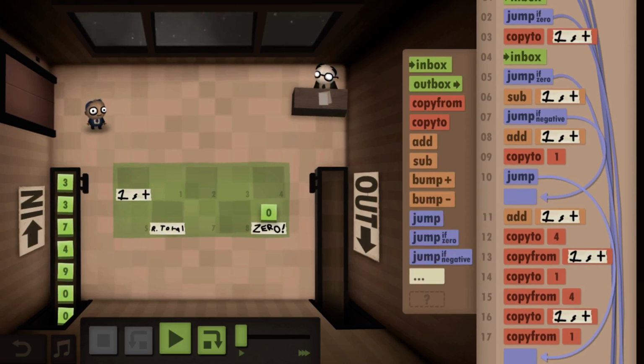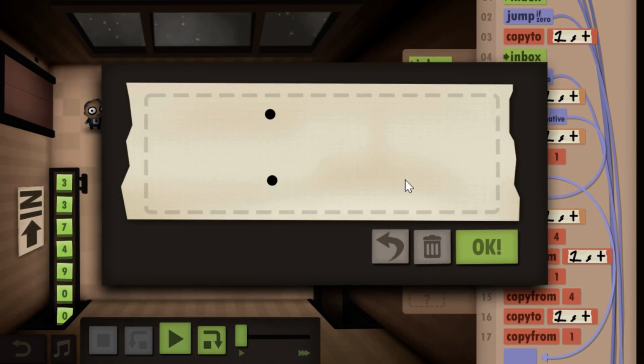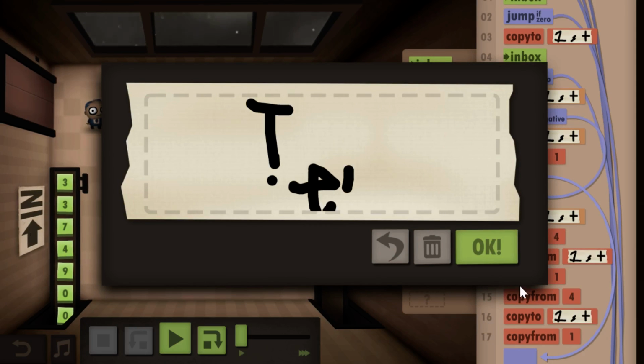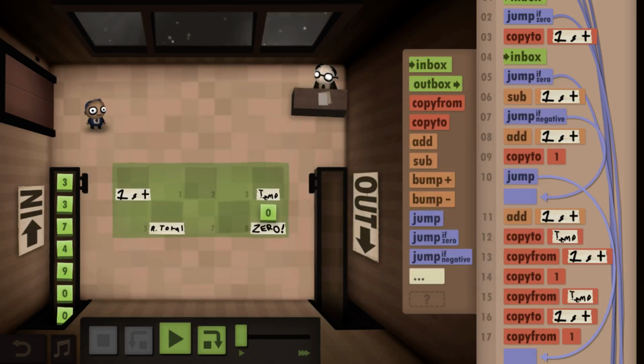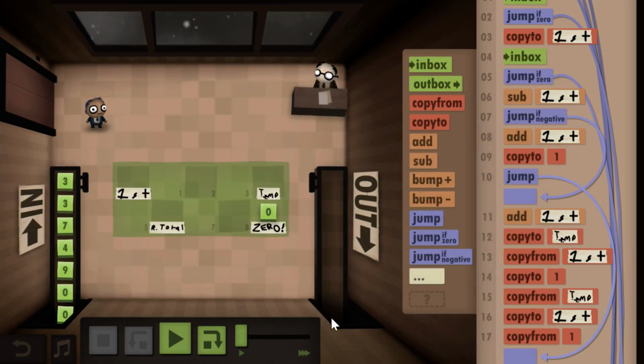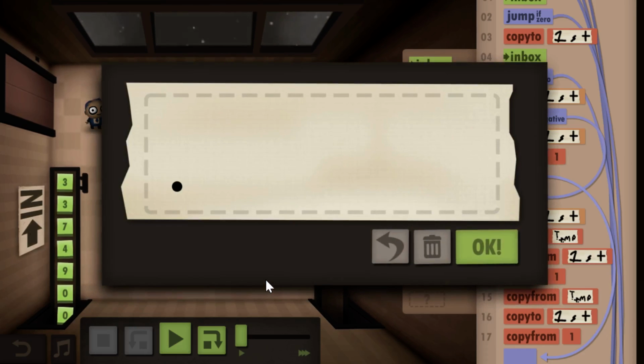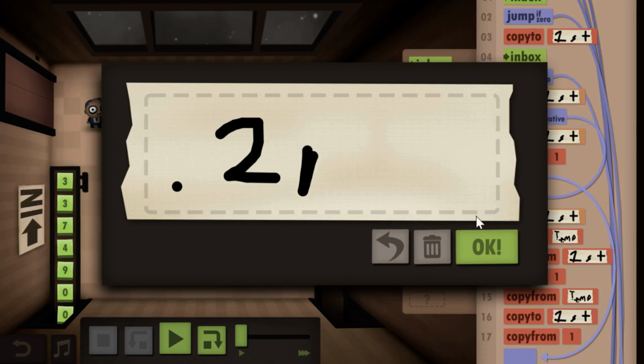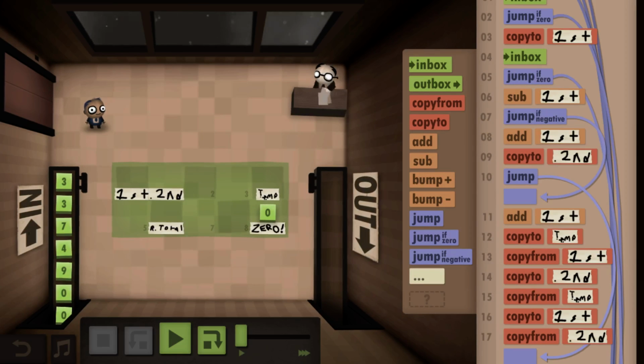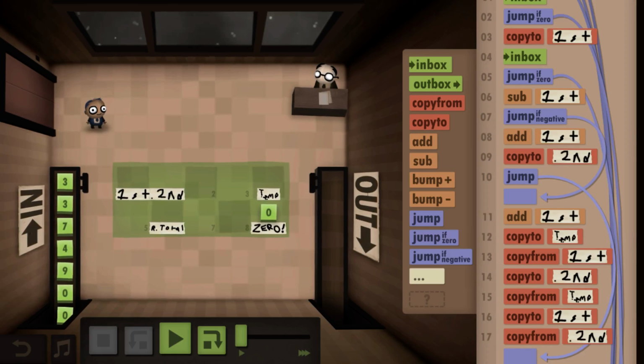If it's negative, it adds it back. Then it copies it to 4, which we can just call temp. I should have labeled. And then it copies from this to this, which we can call second. And then it copies from this to this.